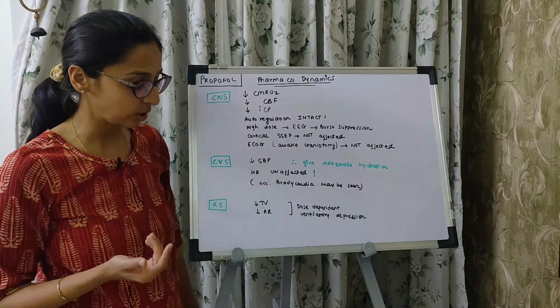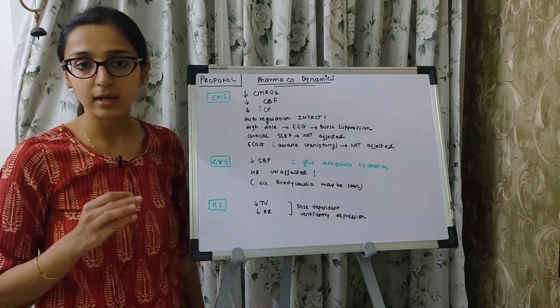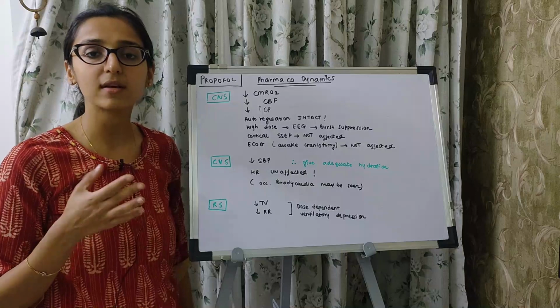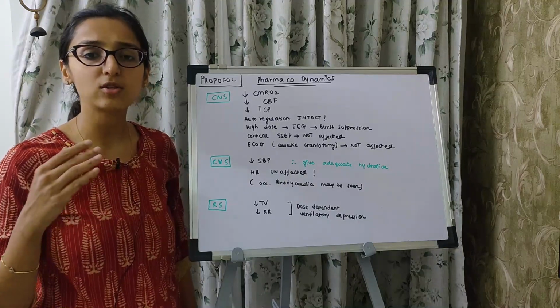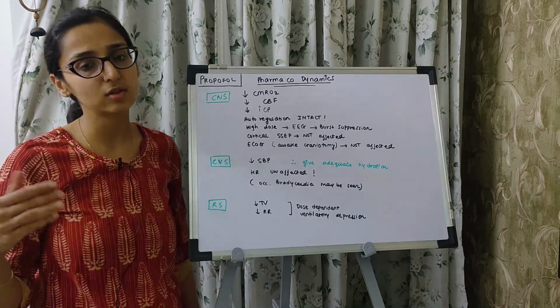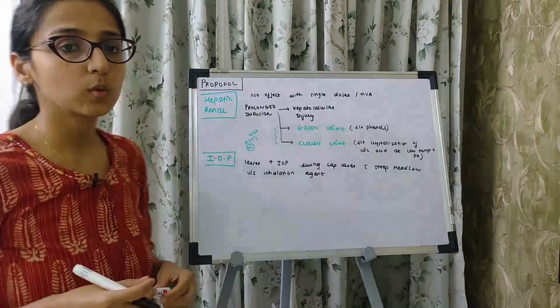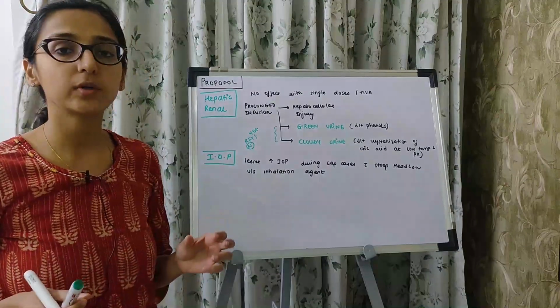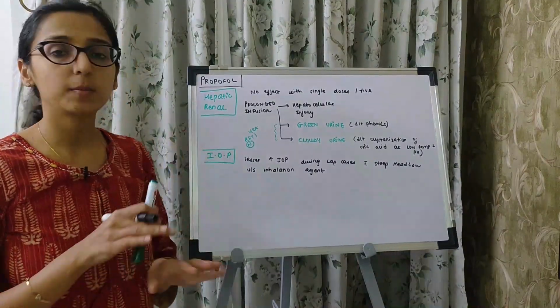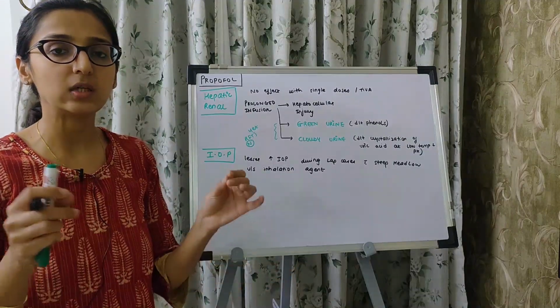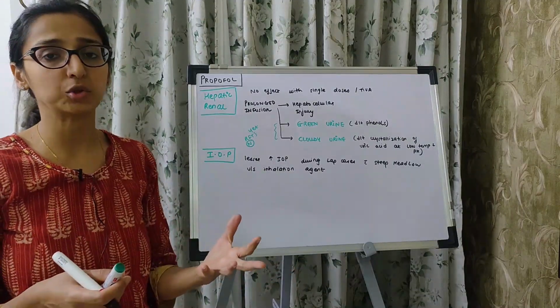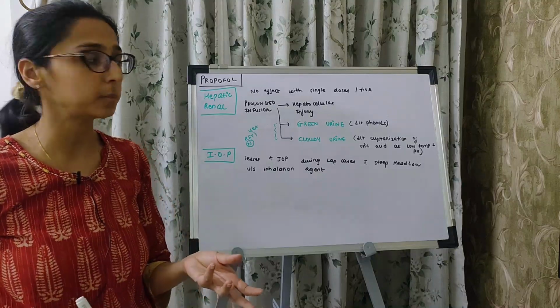And what is the effect on the respiratory system? It is definitely going to cause dose dependent respiratory depression. There's going to be a gradual reduction in the tidal volume as well as a gradual reduction in the respiratory rate of the patient. So what is the effect of propofol on the kidneys and the liver? There is going to be no effect of propofol on the kidney or the liver when you're giving a single induction dose of propofol, or you're maintaining the case on propofol.